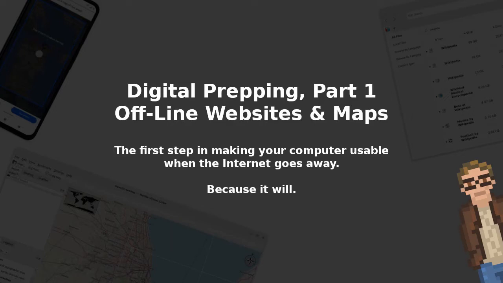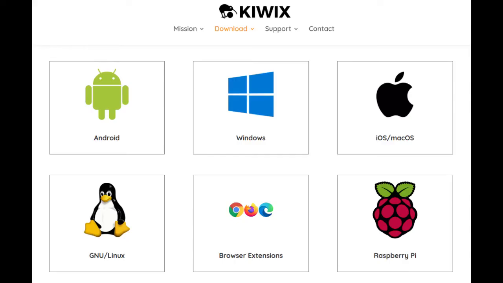In other words, how do you get access to all of that information when you cannot access the internet? Luckily, it's pretty darned easy. You'll just need to plan ahead a little bit. The first and possibly the easiest thing you can do is to grab an offline web browser, which is exactly what it sounds like, an application that lets you use websites which you have pre-downloaded when you have no internet connection. There are multiple options available, but for now, I recommend starting with Kiwix,